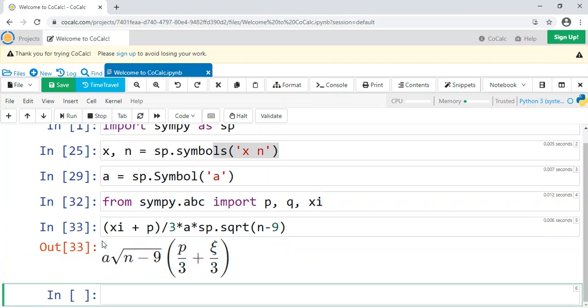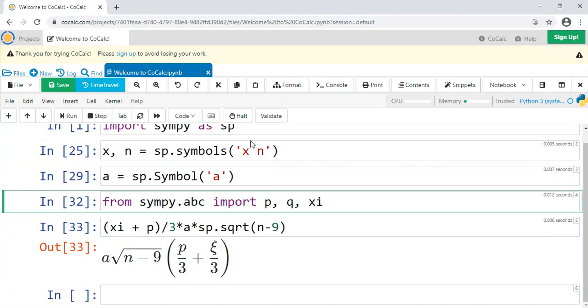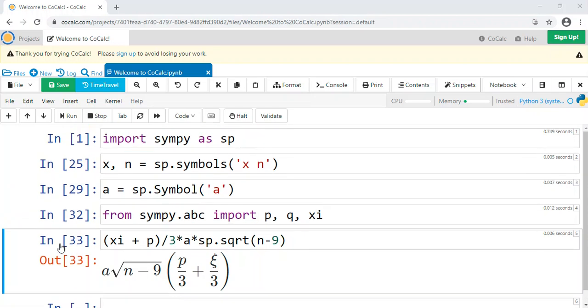Okay, so you see, it was able to do it. We have our Greek letter here, we have the P, we have the A, we have the N. We imported these in all different ways, but we ultimately have them all. Okay, so all the symbols are in play. It does not matter how they were imported. They're all here for you.